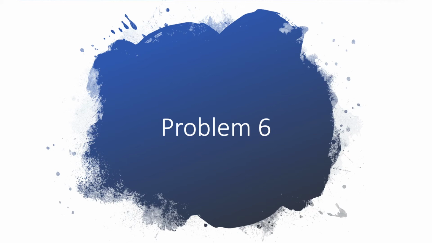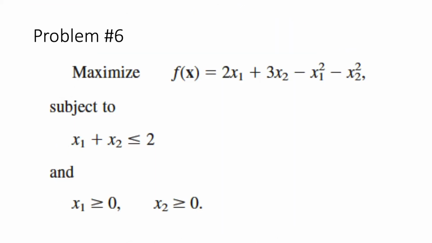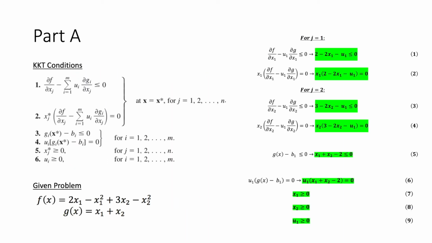This is problem 6 of the Operations Research Final by Justin Nathanson. Given here is the problem that we were asked to solve, which is a nonlinear maximization problem subject to a single constraint given below. The first way that we were asked to solve this problem was through KKT conditions,